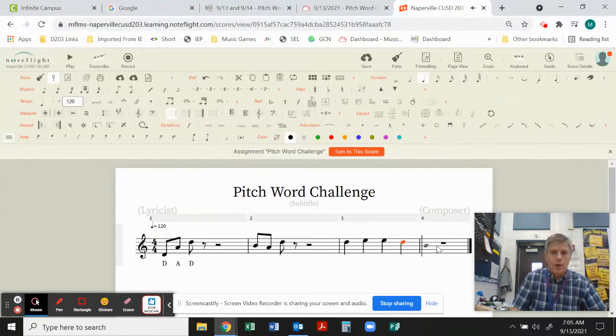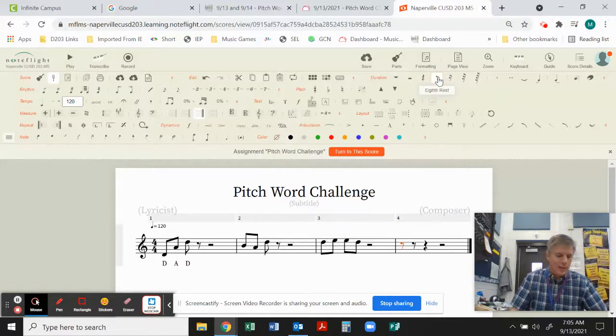Okay? Uh-oh, what did I forget to do? I better undo all that because I forgot to click the eighth note. And the reason you want to click the eighth note is because you want to make sure if you have a 5-letter word, if you do quarter notes, it's going to move on to a new measure, and you don't want that to happen, okay? So I click the eighth rest, right? And then I do